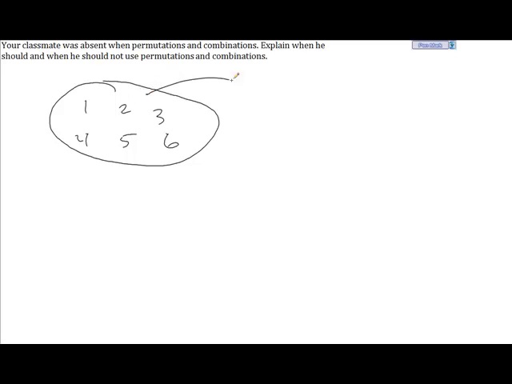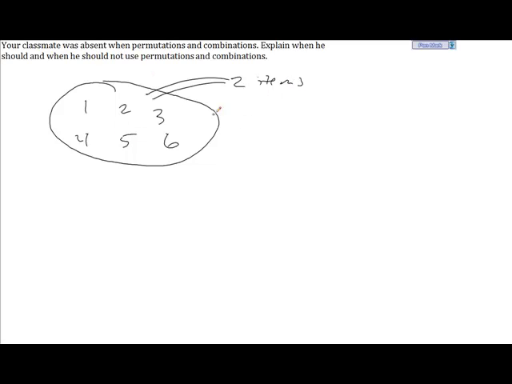Recall that in order to use permutations and combinations, you're trying to arrange a certain number of objects out of a total. So the way I always like to think about it is you have a pool of items, and you have item 1, item 2, item 3, item 4, item 5, item 6. And out of those items, you're wondering how many different ways can I draw from those 6 items, let's say 2. So if I were to pick out 2 items out of here,